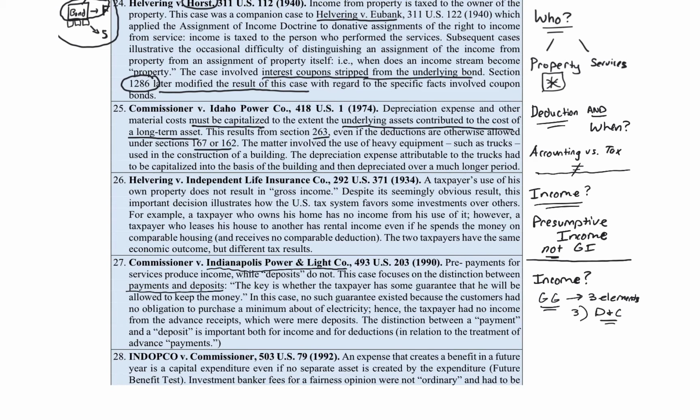Now, I'm not sure how much you all know about deposits, but sometimes deposits are refundable if you meet certain criteria. Other times they are non-refundable. If it's a non-refundable deposit and you receive it, gross income. The timing issue is obviously a consideration, but this case focused on whether you even have gross income. Because if you receive money and it's a refundable deposit and the person meets the criteria, you are not going to have gross income. So this case focused on the distinction between payments and deposits.